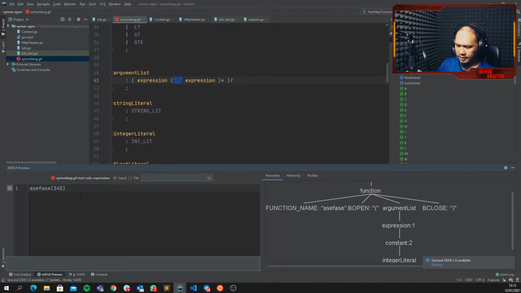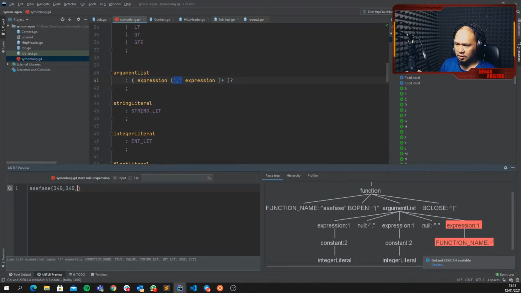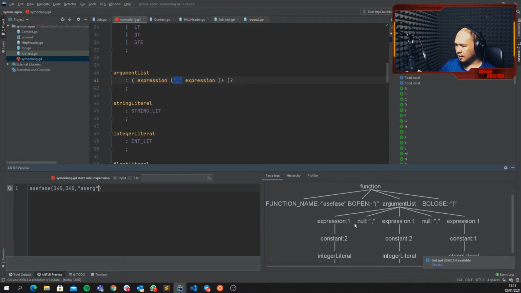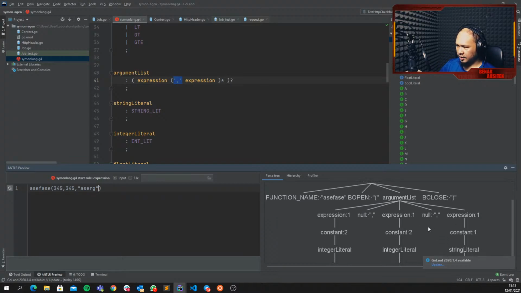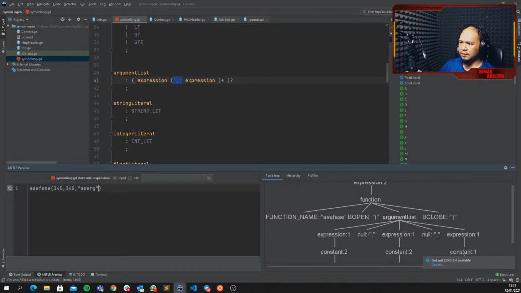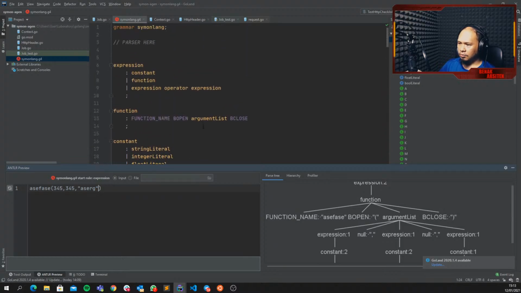So it could be like this: first argument, second argument, third argument. So you can see that the expression contains a function, whose function name is AS, and then the argument list is first expression, second expression, third expression. The first expression is an integer literal, the second is an integer literal, and the third is a string literal. So there you go,